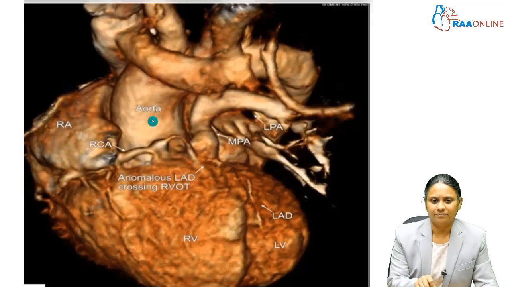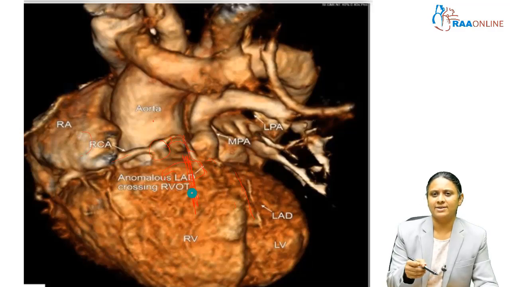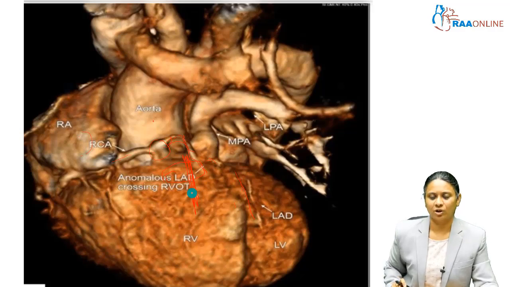So this is the aorta. From the aorta arise the coronary arteries, which go to the right. You can see this is the right atrium, wide is the RCA. There is one more artery arising from the right, that is the LAD, because it goes in the anterior interventricular groove. So this LAD crosses the RV outflow tract. So this may not be feasible for outflow tract resection, ventriculotomy resection, or infundibulotomy for complete repair of TOF.